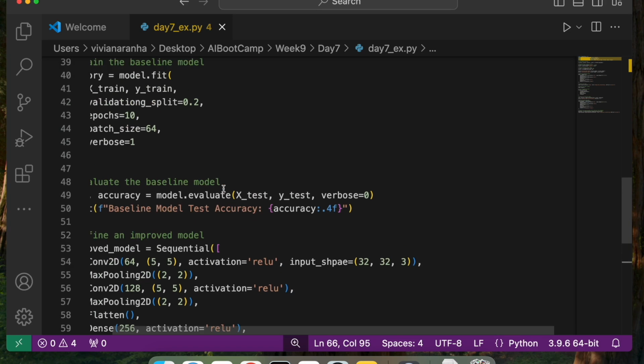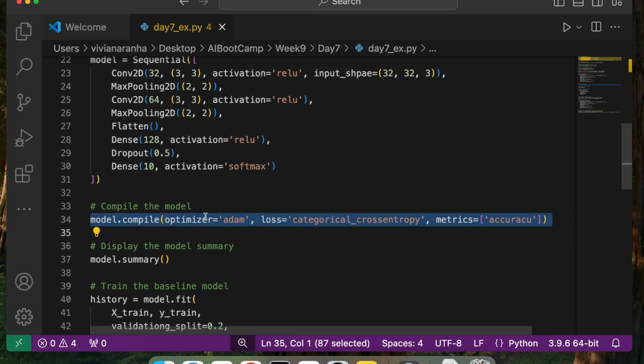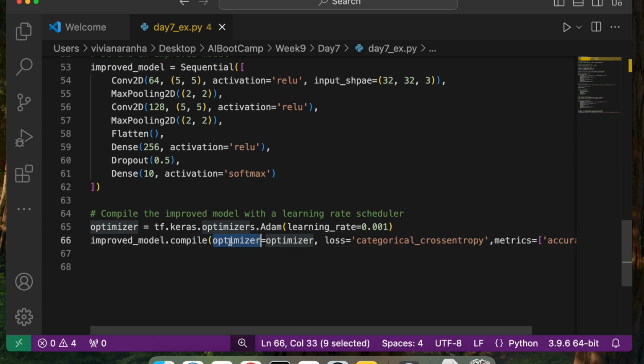So if you look at this one and the one that we did before, there we said optimizer is Adam, but here we're saying Keras and we are giving a learning rate of 0.001 and compiling our model.